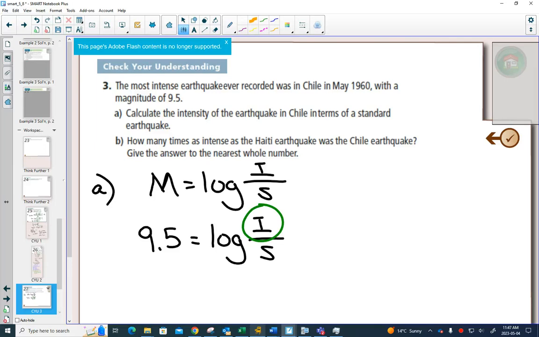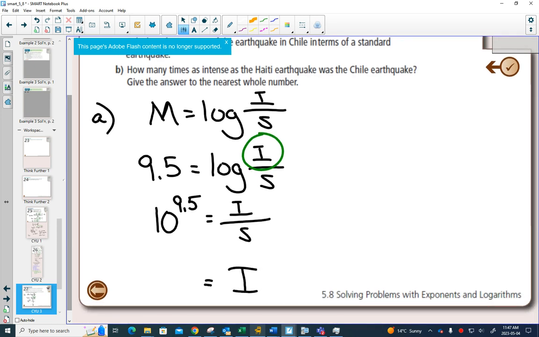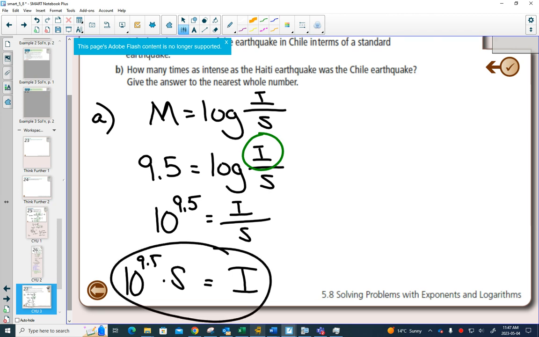How do we solve log equations? Well, once we have a single logarithm, which we do, we would use our definition to change this to exponential form. No base is written. That's a base of 10. Exponent is 9.5. Equal to I over S. And if I wanted to get I by itself, I would just have to multiply both sides by S. And so what this is saying is that that earthquake in Chile was 10 to the 9.5 times more intense